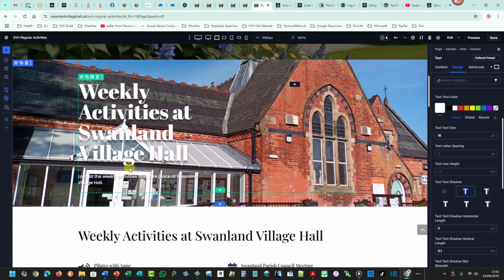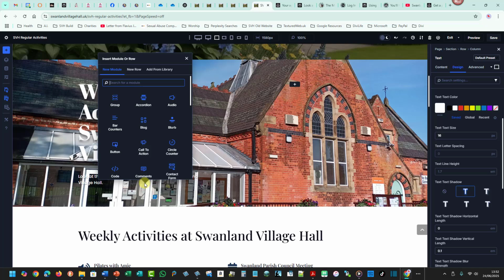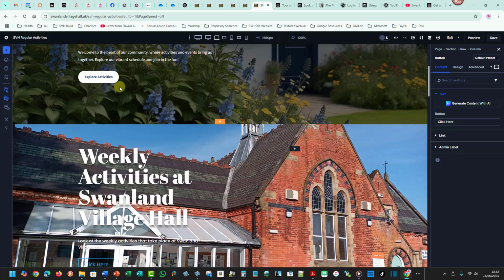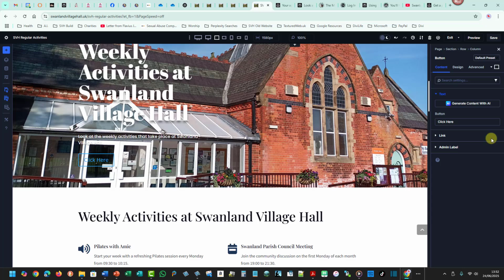So I'm going to again go to the plus symbol here, or the Add New Module here, and I'm going to click, and the word button is just there, and it adds in a click here button for me. The original text was Explore Activities, so I'm going to change this text here. Explore Activities. Again, it's just a default button, so I'm going to go to Design,